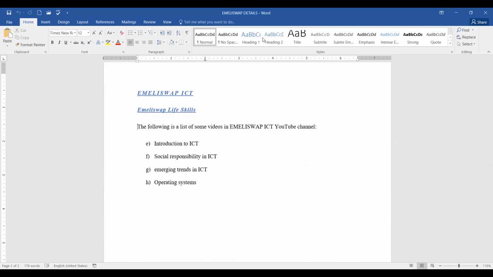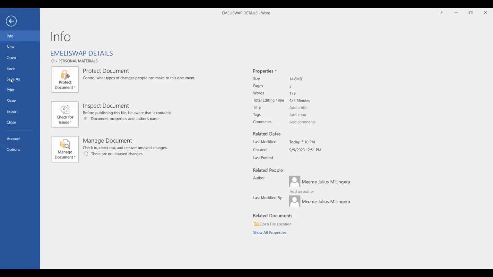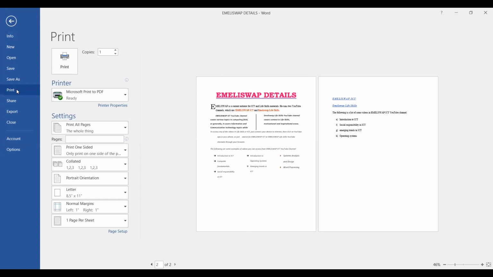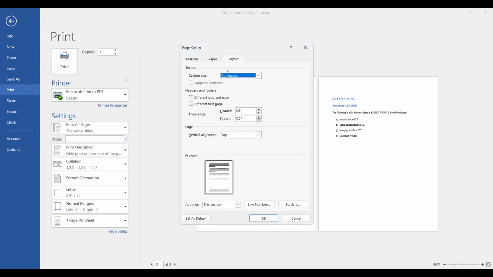Once you click on File menu, you go and click on Print. And then you click on Page Setup. Once you have clicked on Page Setup,